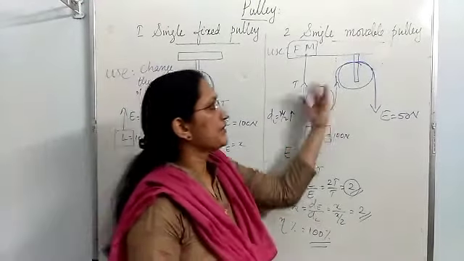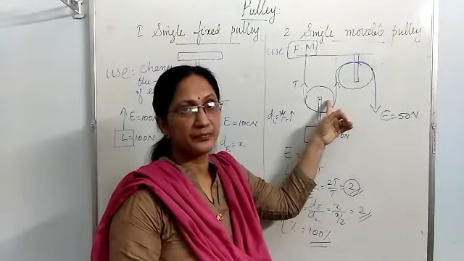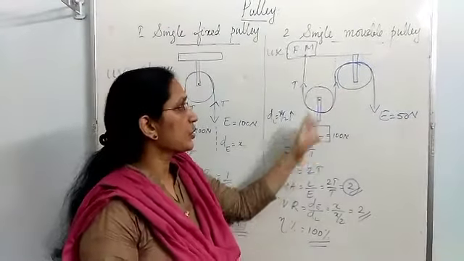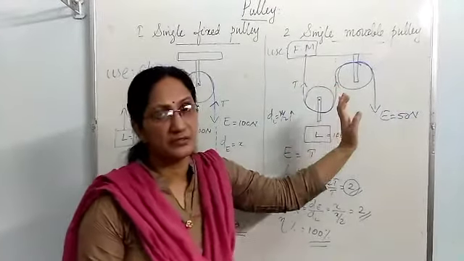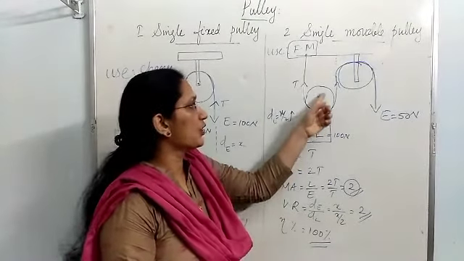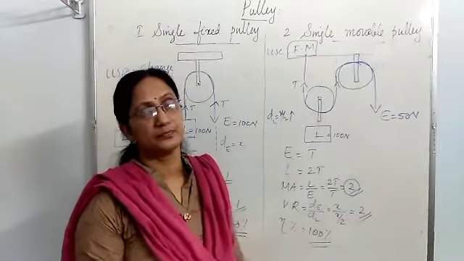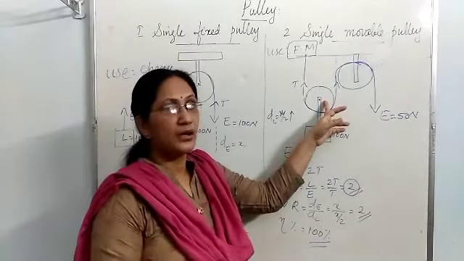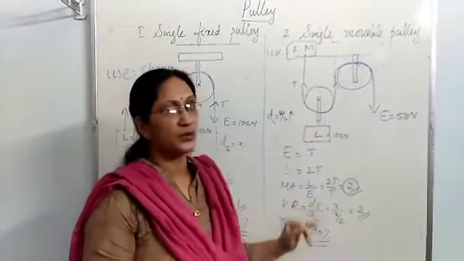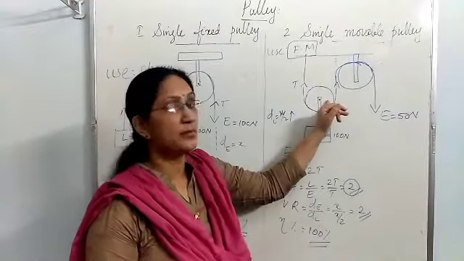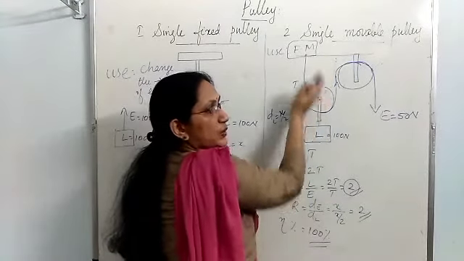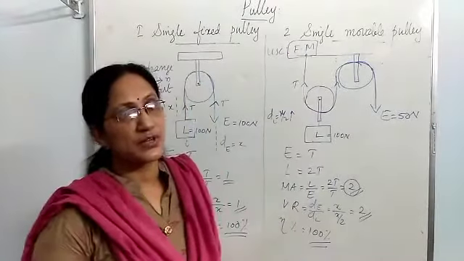So here previous diagram only one pulley was there, and this pulley is called single movable pulley. The reason is that while this pulley system works, this load will be going up. Together with the load, this pulley also will be lifted up. This pulley will be rotating as well as going upward together with the load. That is why this pulley we call as a movable pulley. Its axis of rotation will be changing. As the load goes up, pulley also goes upward.